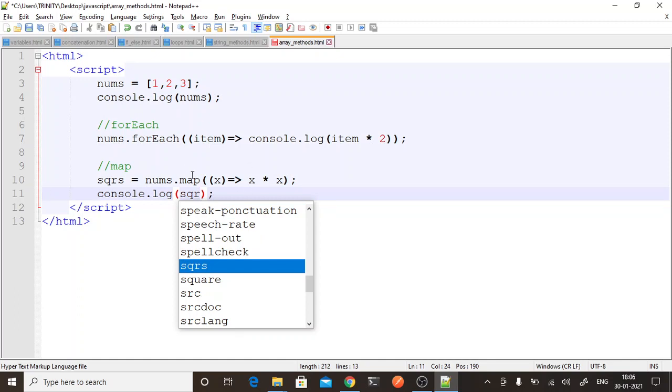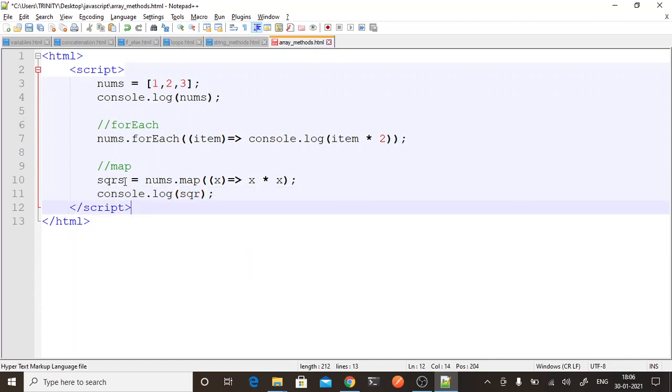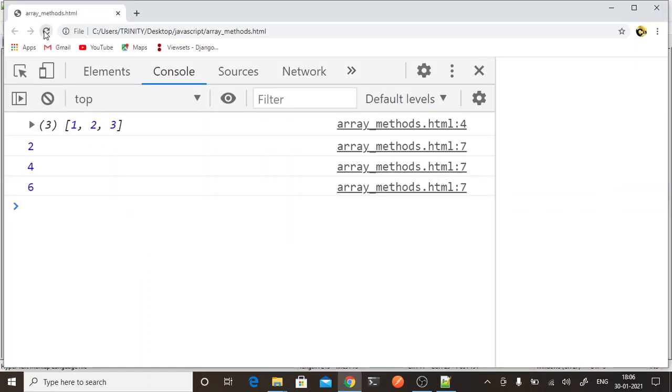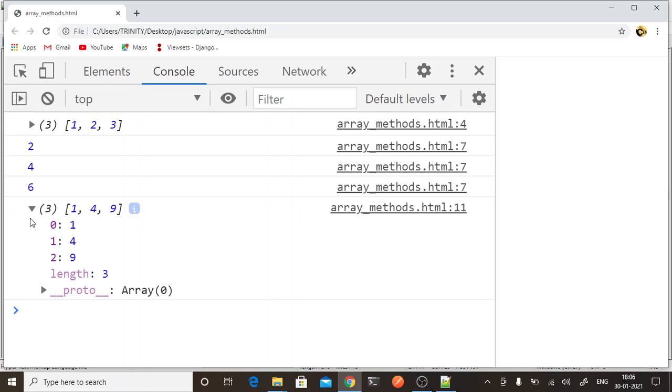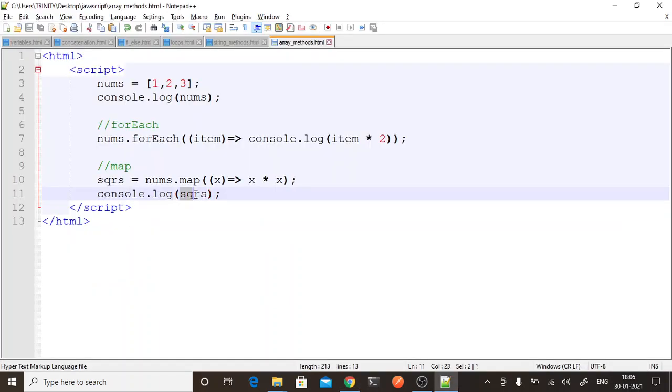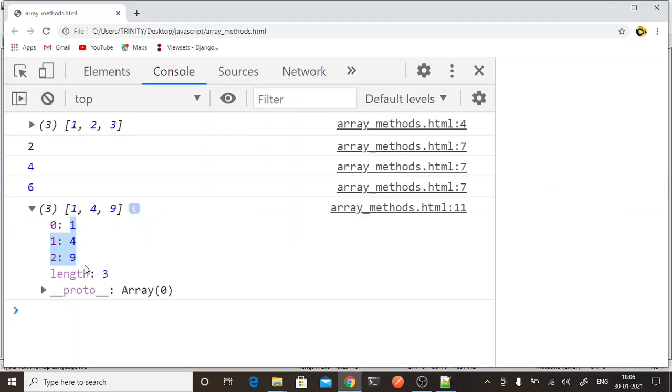Each element will be added one by one into squares. So see, we have done console.log for squares. So it is a new array which is storing the square of my previous array, which is nums.